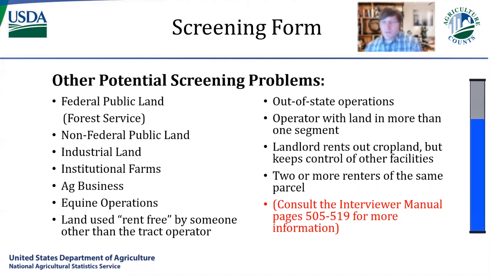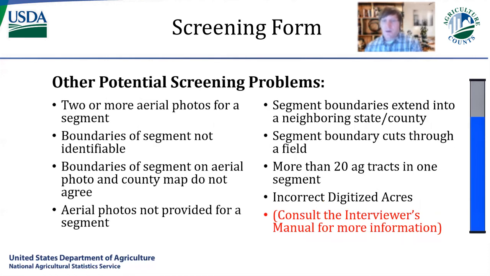Some of these problems include federal public land, institutional farms, operators with land in more than one segment, along with others. Consult your interviewer's manual on pages 505 through 519 to properly handle the special screening situation. There are a few other special circumstances here which may require your attention, which are also addressed in the interviewer's